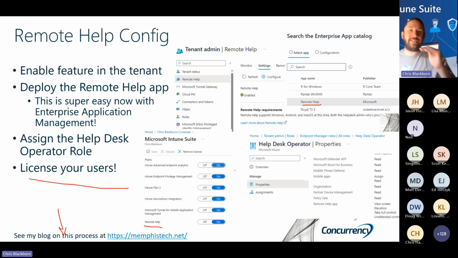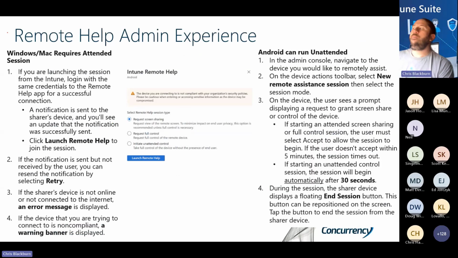So you as an admin will need a remote help license, and your end users will also need a remote help license enabled on their account to be able to provide them support. And then being able to manage devices, a little bit of an eye chart here with some of the verbiage, but in terms of access